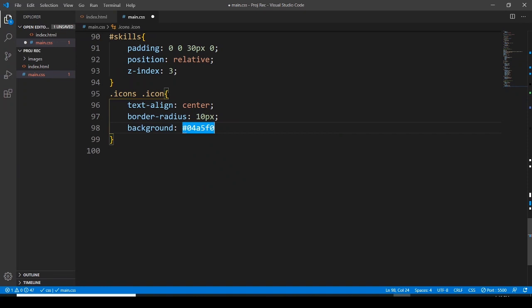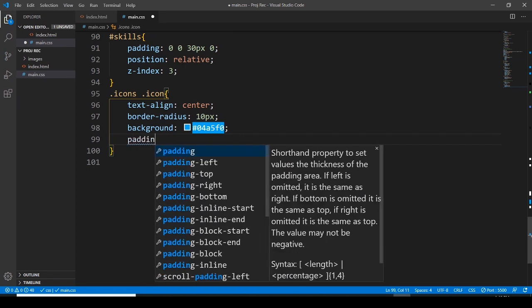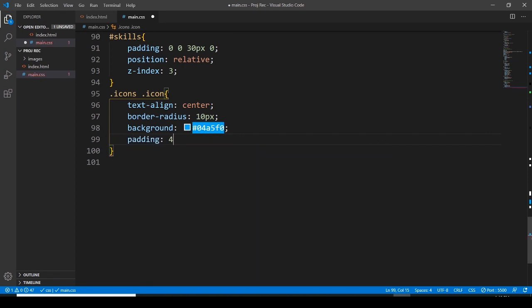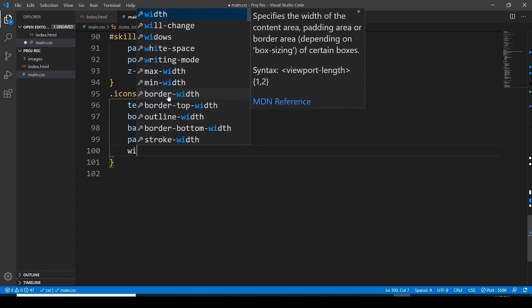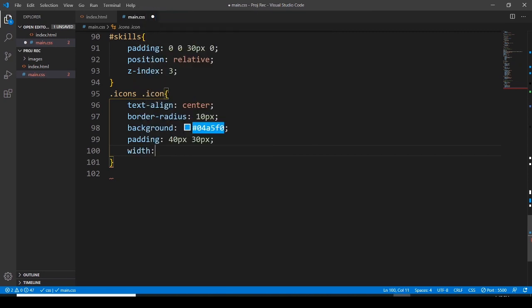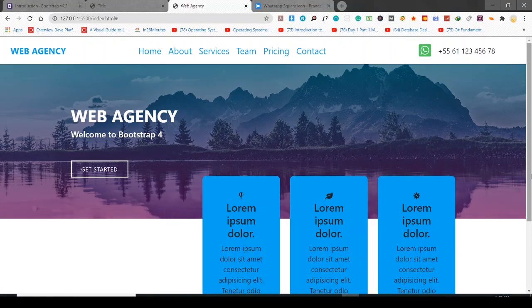the background I want to go with 04A5F0. Padding for this would be 40 pixels and then 30 pixels, and the width could be 100%. And let's see what's going on in the browser. Okay,